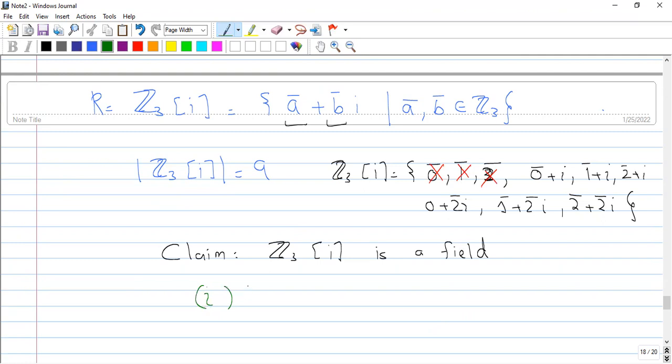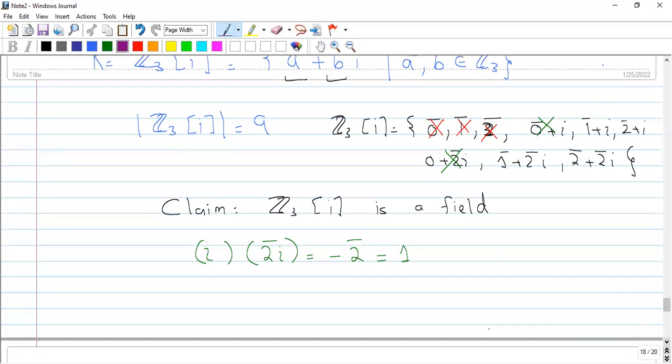चलिए चेक कर लेते हैं। अगर मैं इसको 2 आयोटा से मल्टीप्लाई करूँ तो ये क्या बनेगा? और -2 की क्लास Z3 में क्या होती है? तो इसका मतलब आयोटा का इनवर्स क्या हो गया? 2 आयोटा, और 2 आयोटा का इनवर्स 1 हो गया। तो ये भी चलेगा, इसका मतलब ये और ये एक दूसरे के इनवर्स हैं।